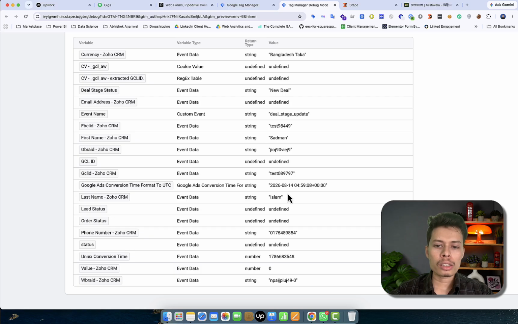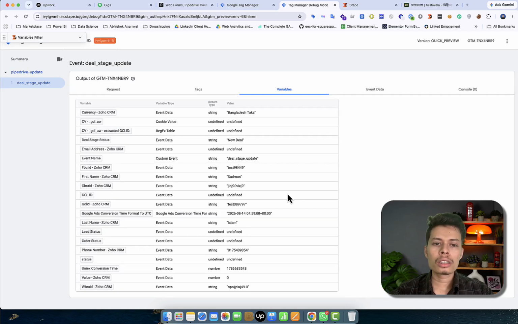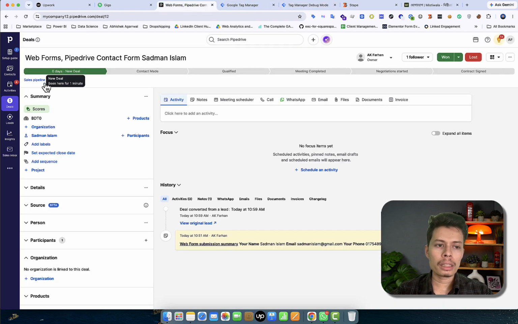Okay, actually it will be current time, because when we send a lead form, then if you send the lead form data for the qualified stage, it will not properly attribute your Google Ads conversion tracking, because when a lead comes into your CRM, maybe the lead will be qualified after 2 days, then you have to send the current time to Google Ads. Okay, that's the thing. And now if I go to my CRM again,